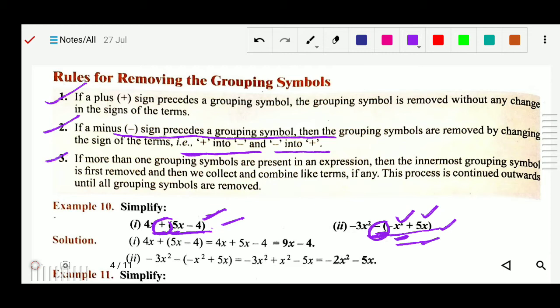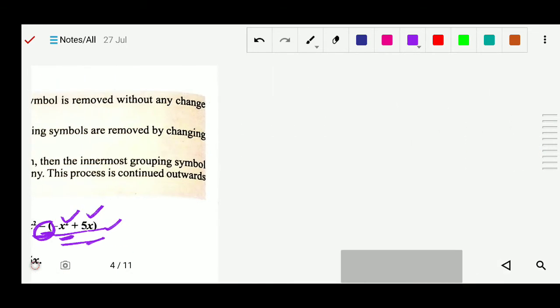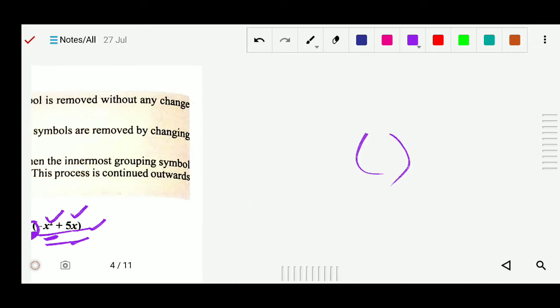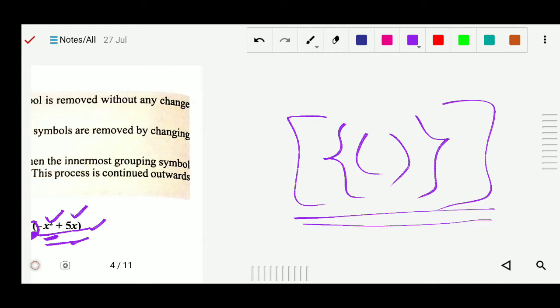Rule number 3: if more than one grouping symbol is present in an expression, then the innermost grouping symbol is first removed, then we collect the combined like terms, if any. This process is continued outward until all grouping symbols are removed. It means when there are a small bracket, medium bracket, and large bracket,